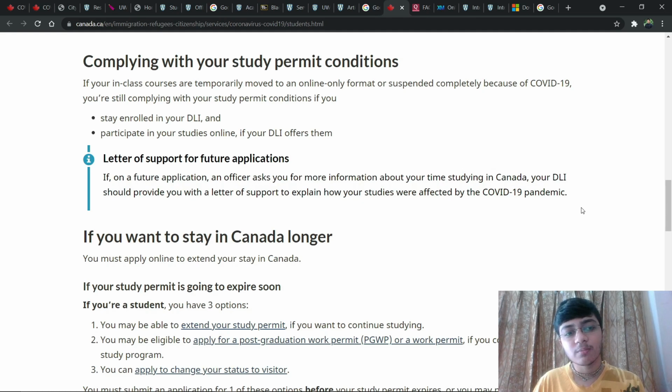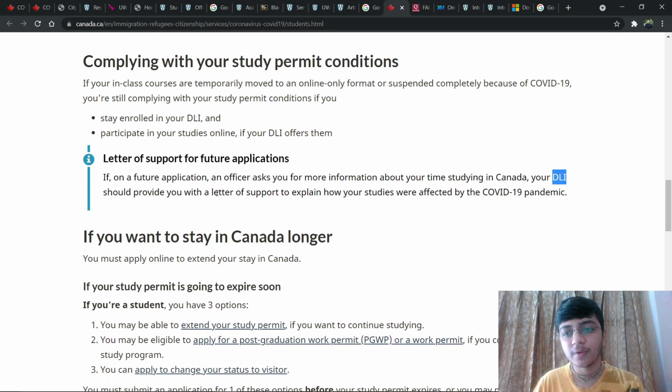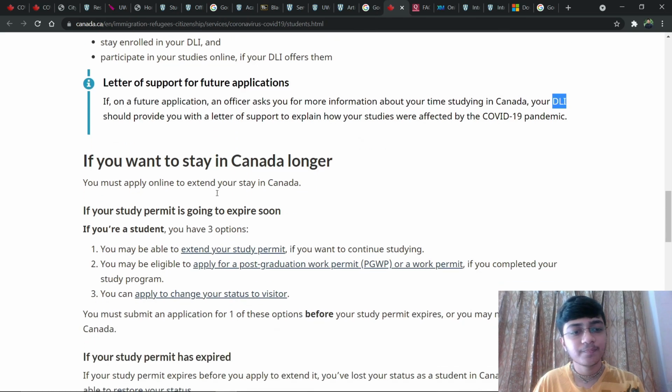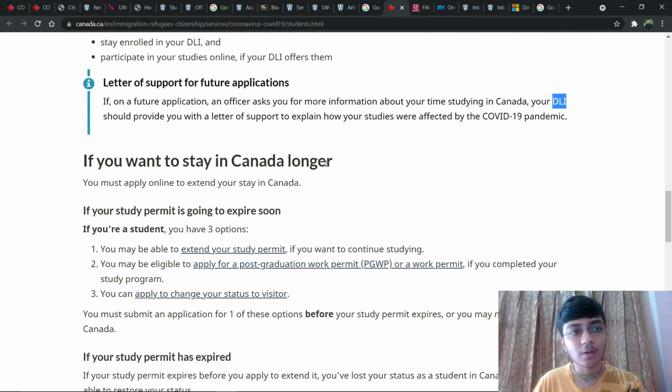If your university comes under DLI, designated learning institutions, and we know that the University of Windsor is already under DLI, so we don't have to worry about the letter of support or travel support. You just have to say at immigration that we are in a DLI institute, and we don't need a travel support letter from the university. Okay, and if this changes, you need to check this website and consult with your universities, whichever it is.